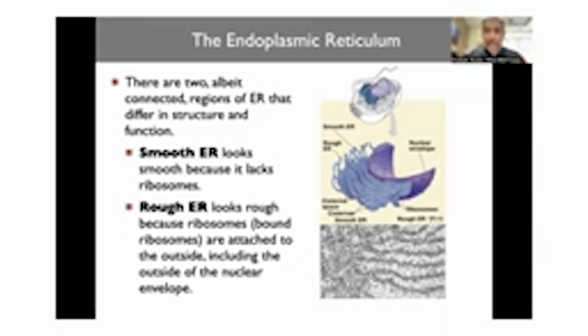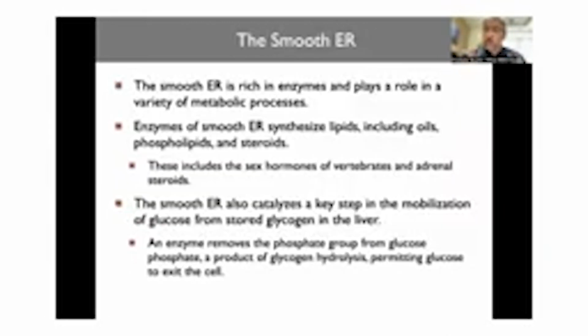And that's what's happening here on the rough endoplasmic reticulum. The smooth endoplasmic reticulum is rich in enzymes and plays a role in a variety of metabolic processes. Enzymes of the smooth endoplasmic reticulum synthesize lipids, including oils, phospholipids, and steroids. These include many hormones. The smooth endoplasmic reticulum also catalyzes a key step in the mobilization of glucose from stored